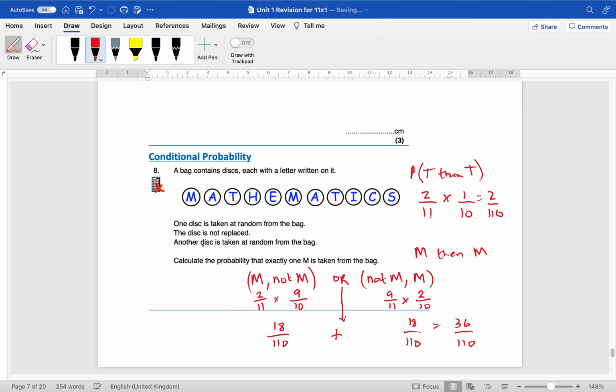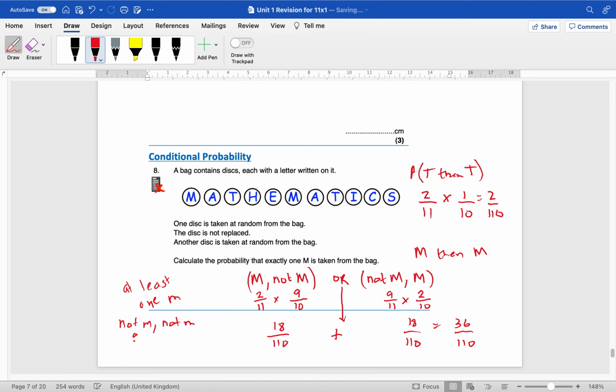Now, remember what we said about this, okay? Some of the wording that they like to use is "at least 1M." This is a slightly different thing, okay? At least 1M. So what you might want to do for at least 1M is go, actually, I will do the complete opposite of this. I will do no M's. So I will work out not M,